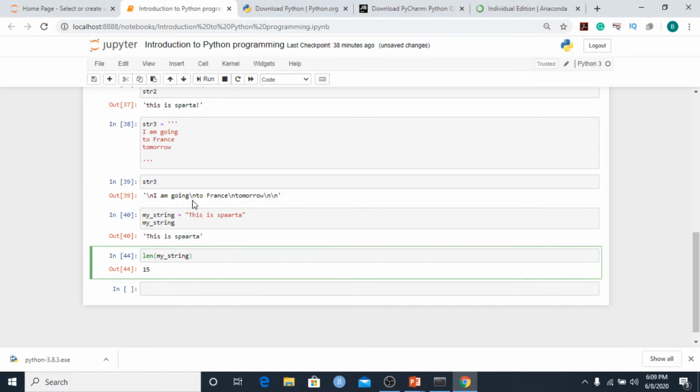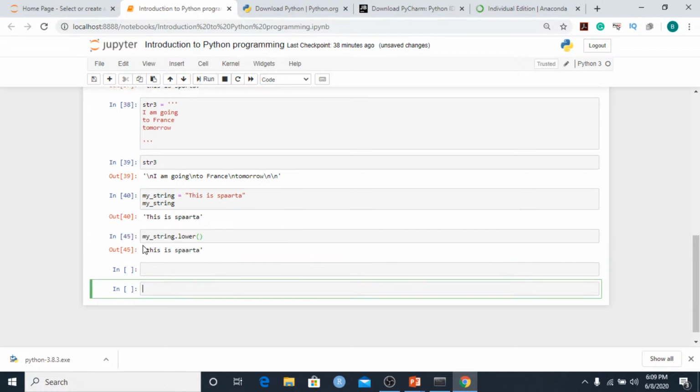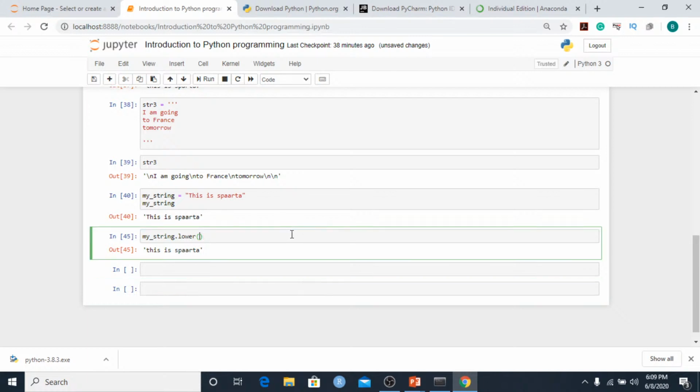Now as you see over here, T is capital, but I want all of the characters to be in lowercase. So I have to use the dot lower method. Over here I'll just type dot lower. Let me click on run and as you see, I have converted all of the characters to lowercase. Similarly, if I have to convert all of the characters to upper,